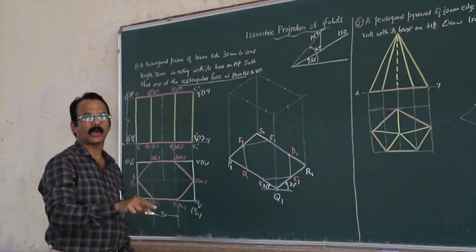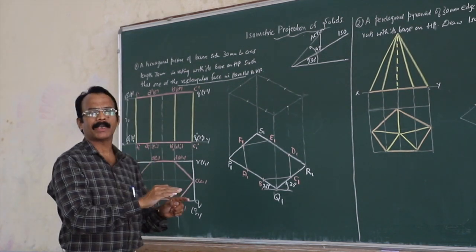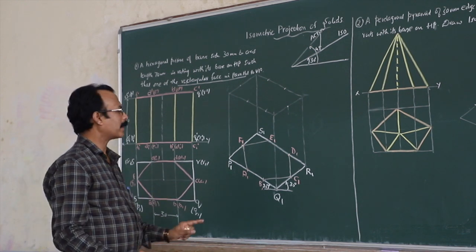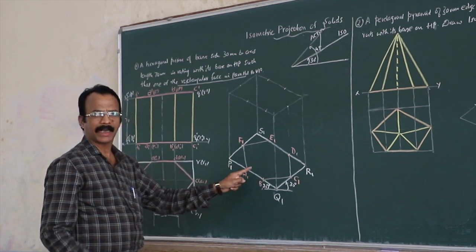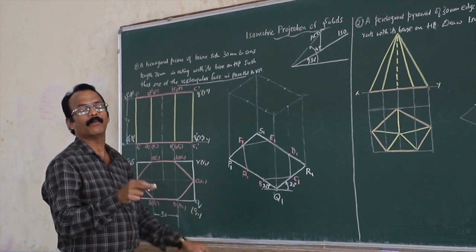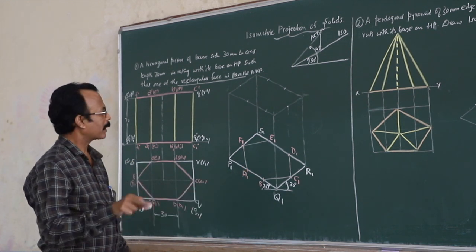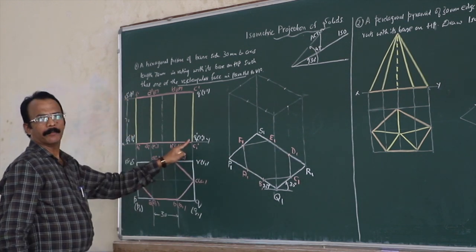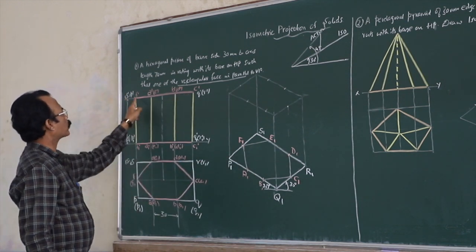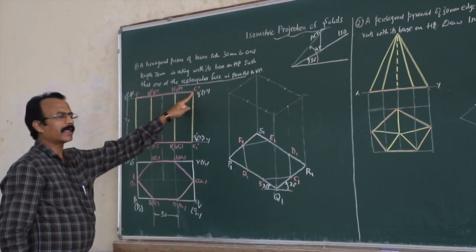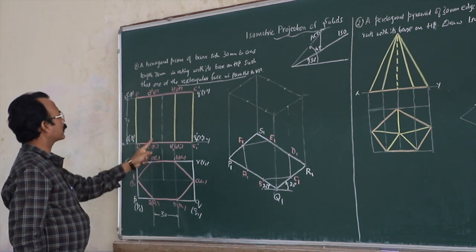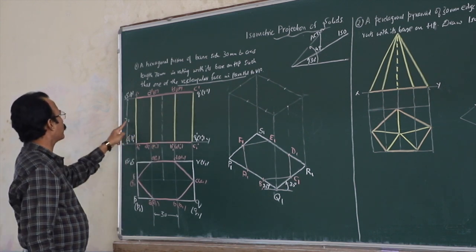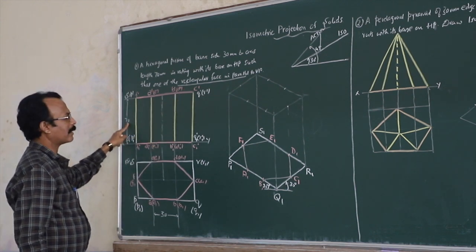Now, since it is solids, right, some part will be visible and some part will be hidden. So it is always better first to draw a light line, then whatever is visible we can make it dark, right? So this is for the base of the prism there. Then I want to get this top hexagon. When you want to get the top hexagon, we must draw these vertical lines there. So in front view, you can see the height of the axis is 70 mm.